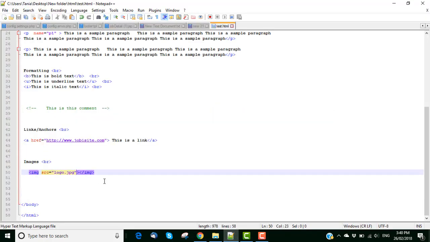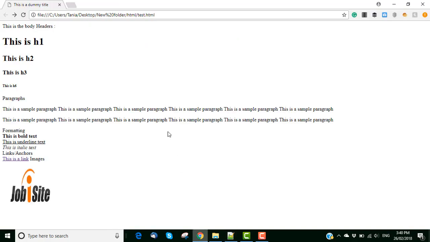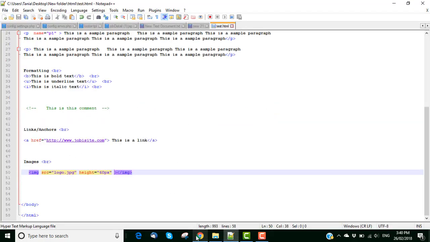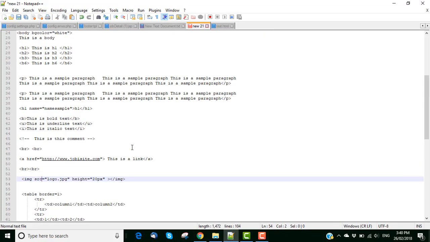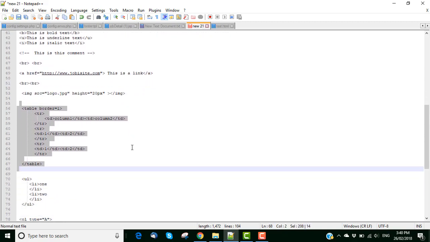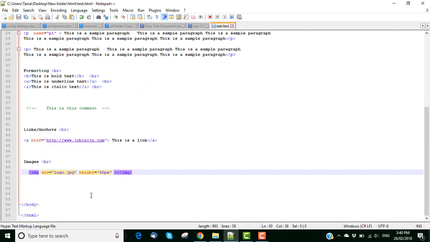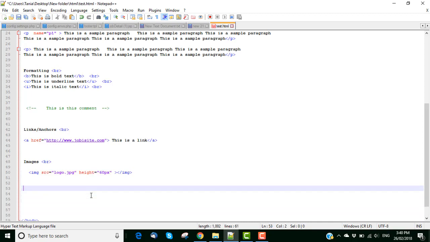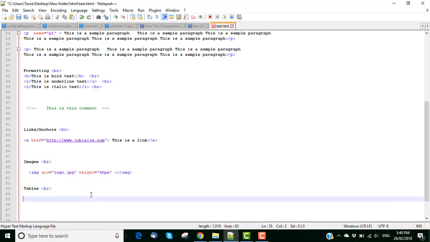It again has attributes like height and width, which you can define. Let me change the height of this one. So you can see the height has been modified. Okay, now let's come to the tables. In modern